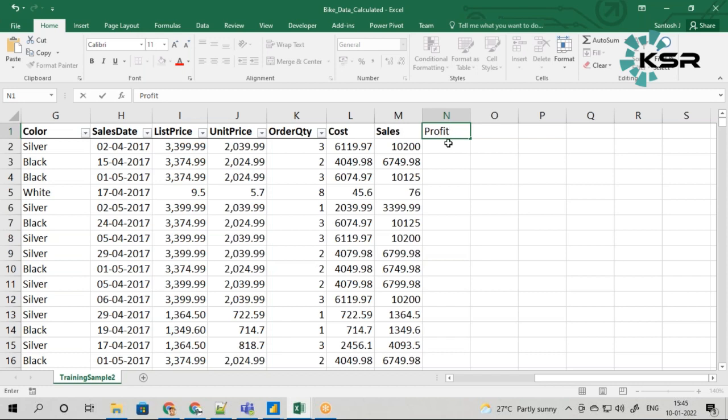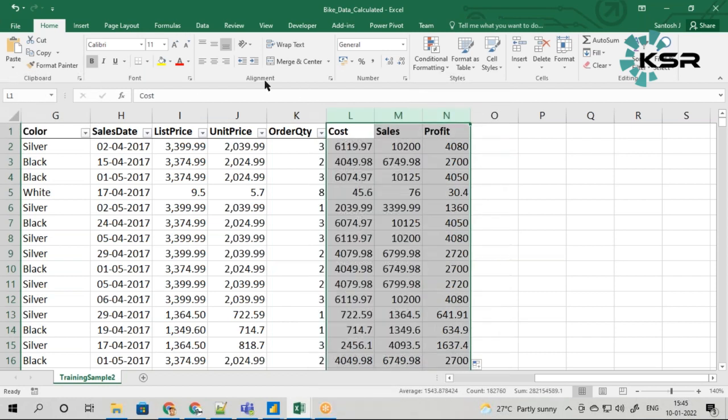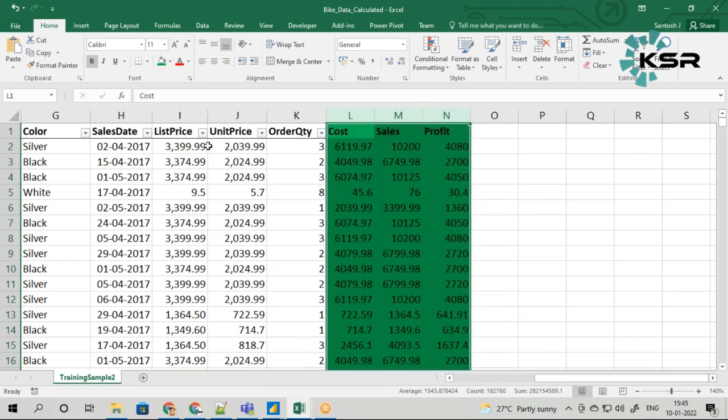Profit is given by sales minus cost. Now I'll just drag it. Now I can say that these three columns are complete columns. Though the data set was not suitable for doing a report, now I have added three additional columns which will